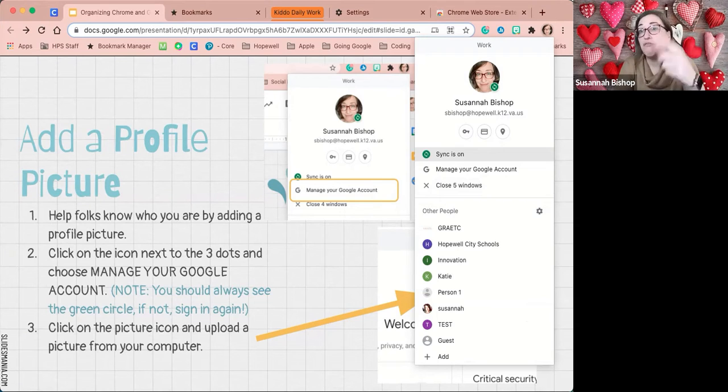If that is ever anything other than that green circle, you need to check on it. It might say you need to refresh. It might say you need to sign in again. Do those things. If this ever says paused, it also wants you to sign in. I've been getting that like every week or so where it wants me to sign in again. So just click manage your Google account